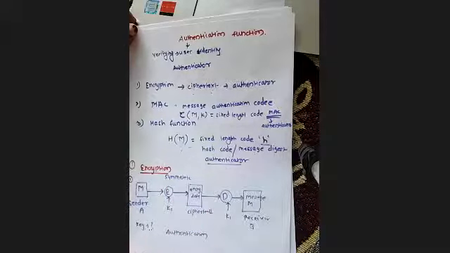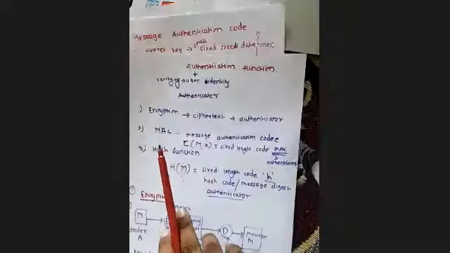Some confidentiality and authentication parameters we have to verify. Here also we have to discuss some scenarios, the cases in which we can achieve authentication, in which we can achieve confidentiality, or in which we can achieve both. One by one we will discuss that. The first case: consider one sender who has a message to transmit.